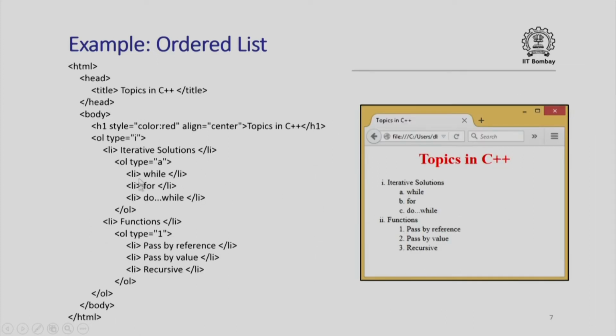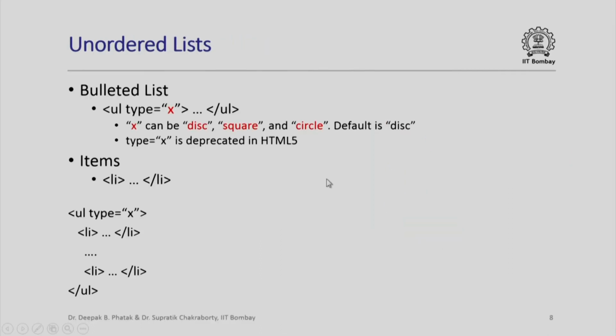So here is the ordered list example of which the HTML code we just saw, and this is how that ordered list will appear. So if you want to construct a page like this, notice that it is not a fixed text. For example, if I want to add one more item which should appear as a 4th item, I do not have to change the complete page format. I simply include that as an additional item here as li/li, and automatically it will appear as ordered list D. This is the advantage of using the ordered list tags.